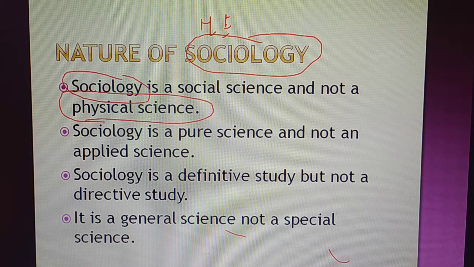Among all the social sciences, as you know, history, economics, geography, business studies, sociology studies the general interaction of individual human beings, like religion, politics, economics, even the moral and intellectual aspects of society, and it has a wider scope than other social sciences. Whatever scope other social sciences like history and political science have, sociology has a wider scope, meaning it will study more and more, especially religion, politics, economy and morals. So many things are studied in a subject called sociology.